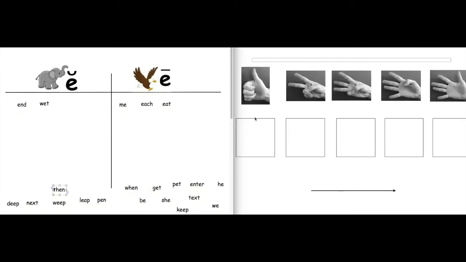How many sounds? 3 sounds. That middle sound. I hear it. Do you hear it? Short E. Then, how about this word? When. Like our song: who, what, where, when, and why. This is when. Let's make the sounds in when.